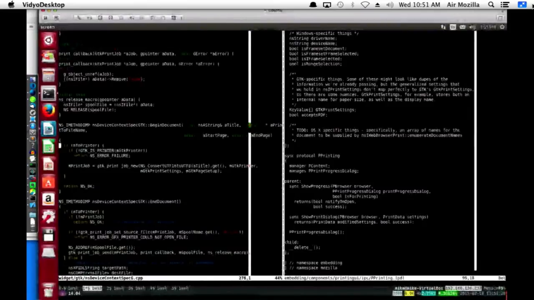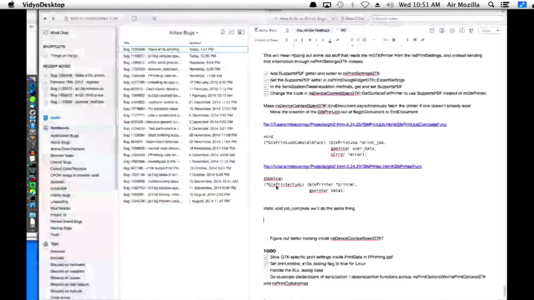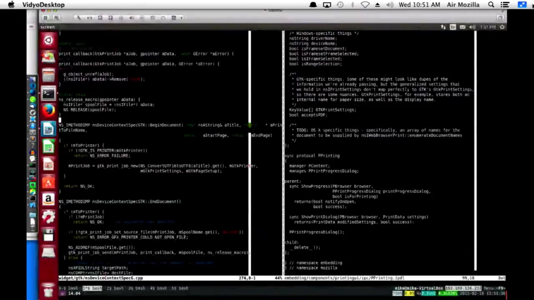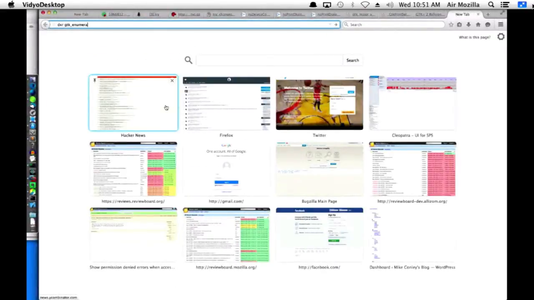Let's think that through. The printer enumerator function, we'll pass it to GTK enumerate printers. Actually, I can show you an example of us using GTK enumerate printers. Maybe that will give me some inspiration.